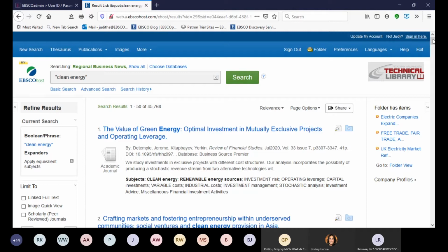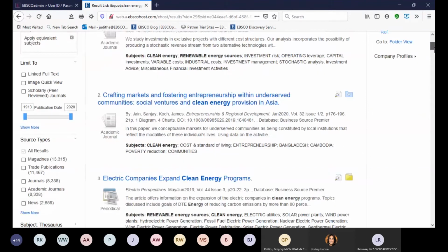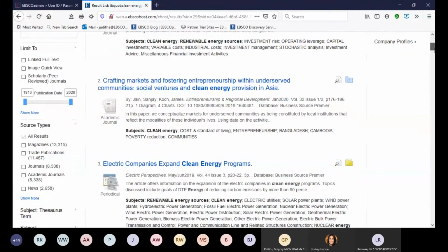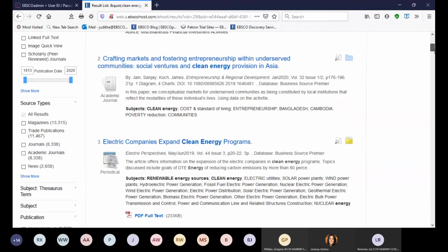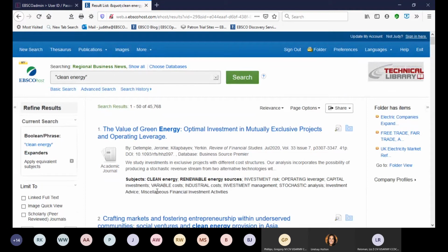So EBSCO is constantly adding new content to the database. So if there's a new issue of the Review of Financial Studies, or if there's a new issue of Harvard Business Review or the Entrepreneurship and Regional Development title, every single time there's a new issue, we're adding information into your database. We're maintaining that for you. We're also making sure that it has all the subject headings that are appropriate, author supplied keywords, all different kinds of information. So if I don't want to come in every single day and do my clean energy search, but I do want to be alerted if new content